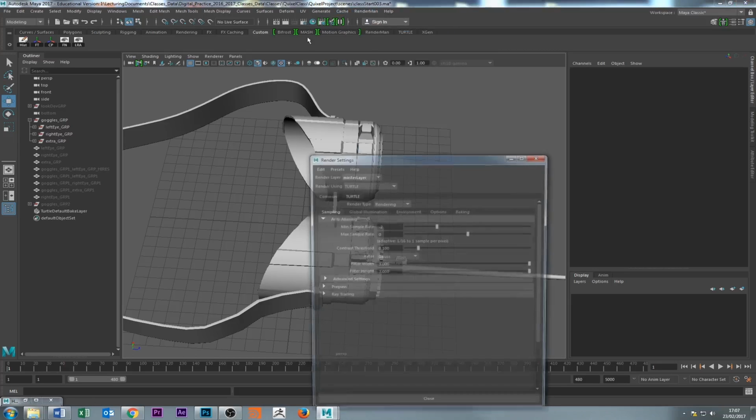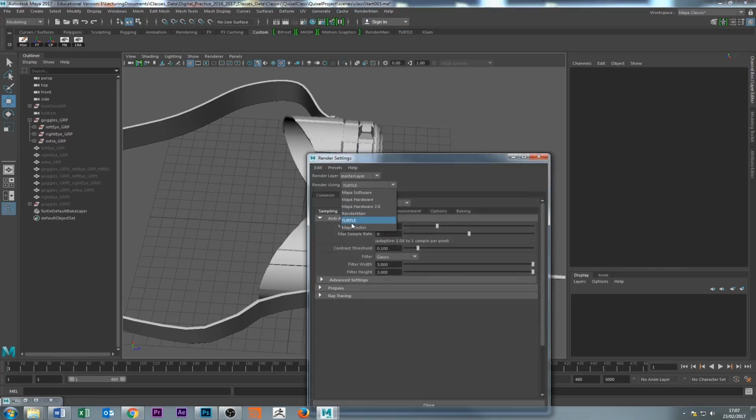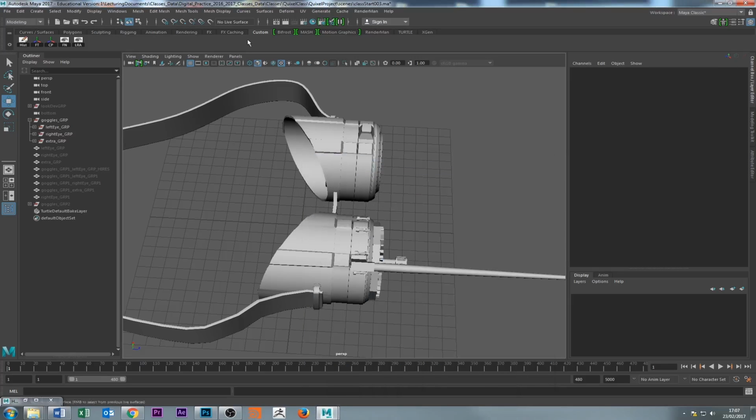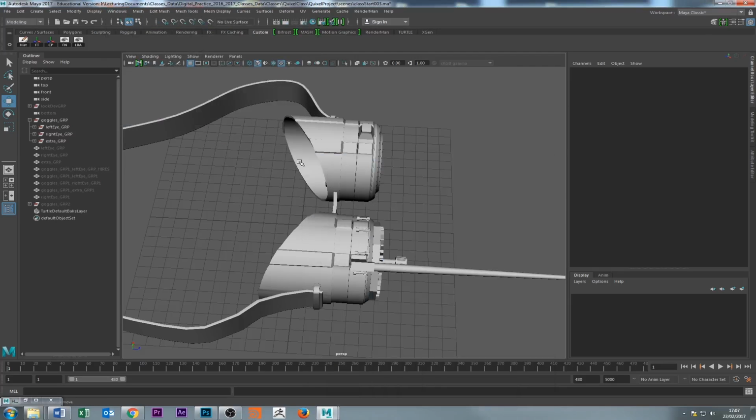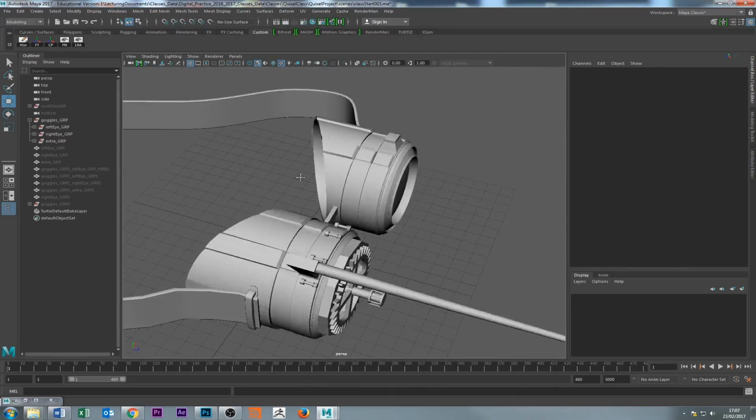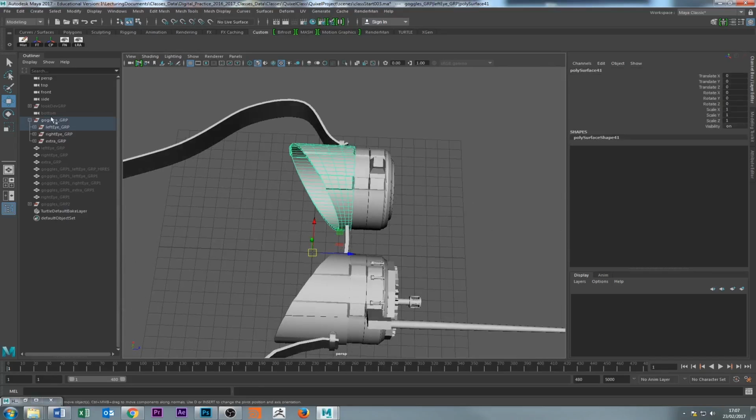So if you go here into the section, you can see that there is a renderer called Turtle. If it doesn't appear there, you have to go into Windows, Settings and Preferences, all the way to Plugin Manager. And that's it, really. So what we have to do now, obviously, I've got this original, which is the